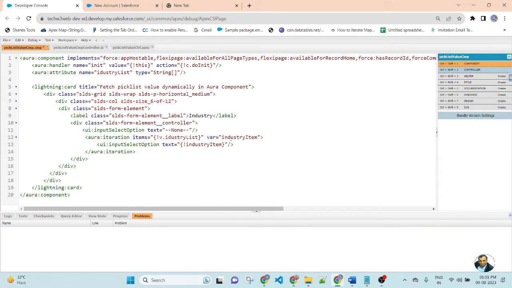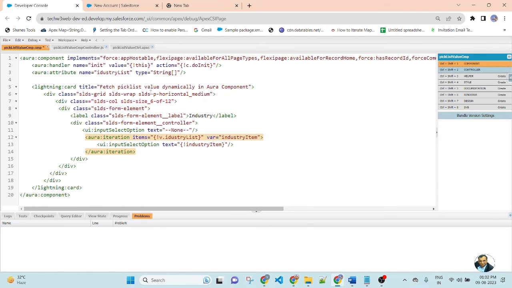So this option will be displayed dynamically. So this is our iteration. Inside our iteration, I apply ui:inputSelectOption, and this is a list of strings that is coming from the Apex class method.